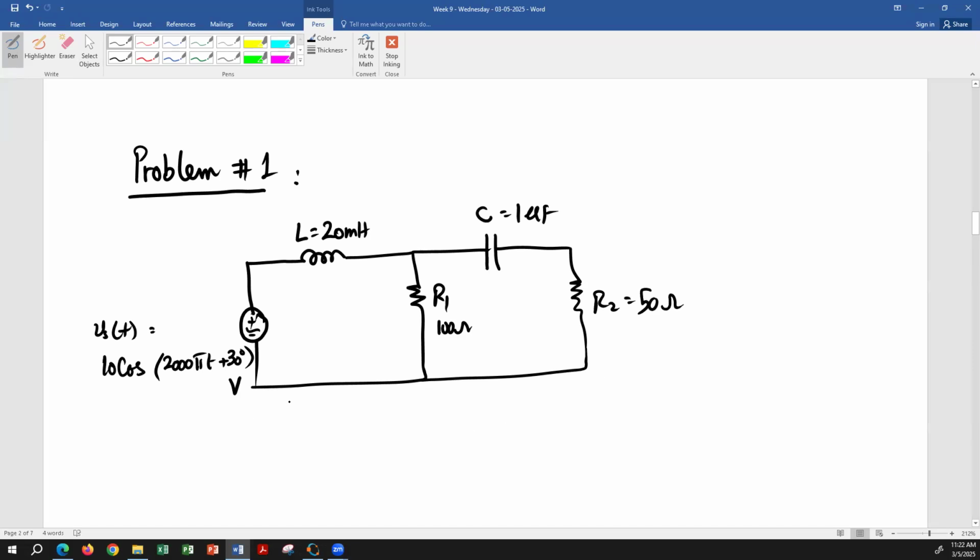Okay, so this is your circuit. Again, very simple circuit. And again, do not worry about the complex number. It's just 4 components and a source. And what we have to calculate is determine